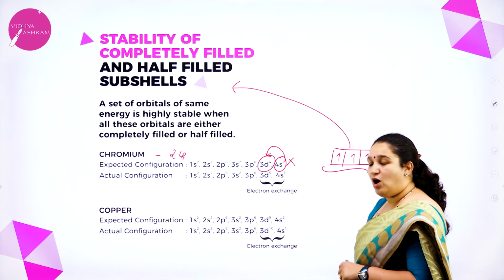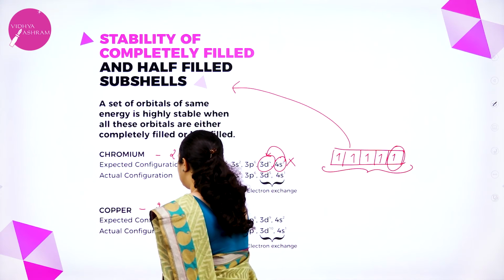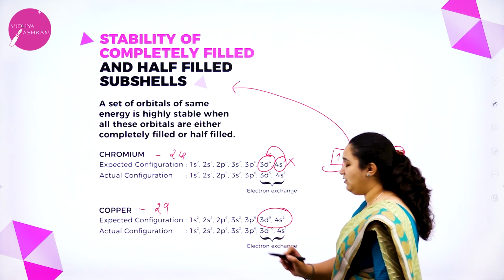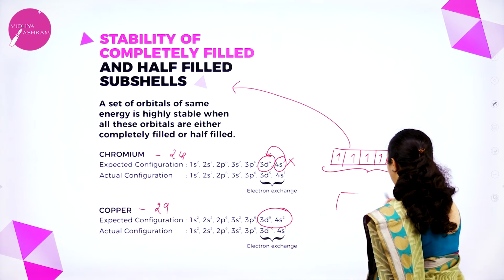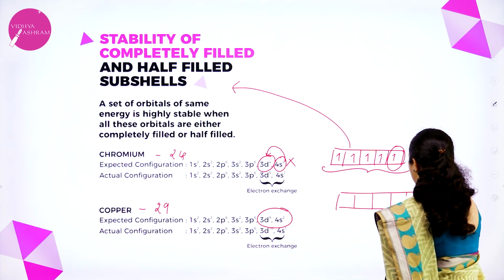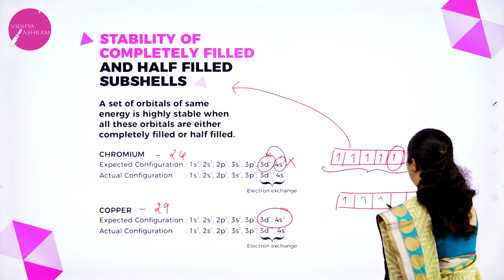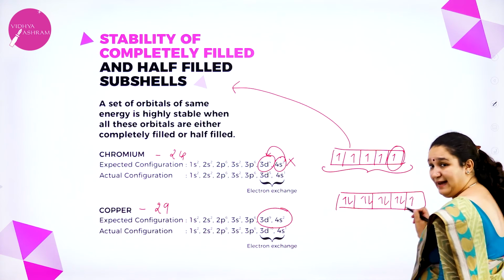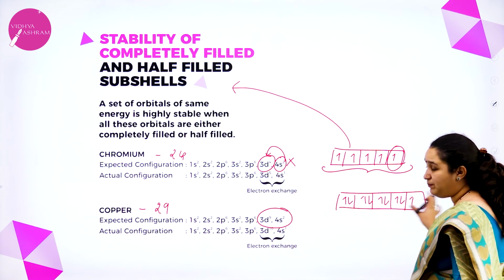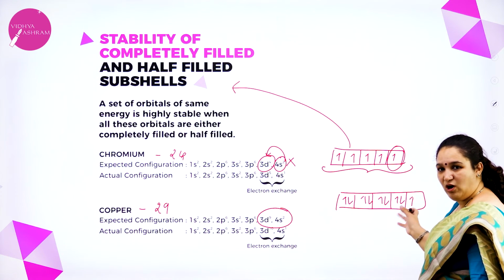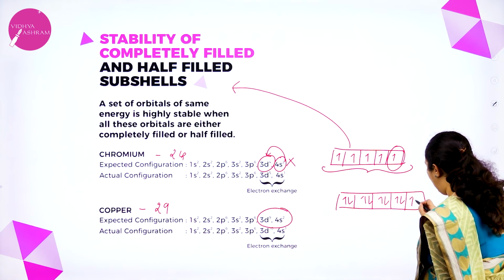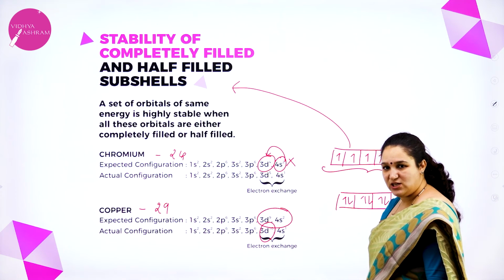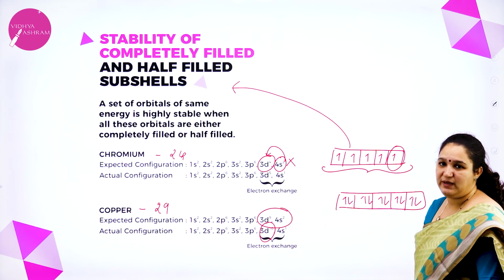Okay. Similarly, in copper also, atomic number of copper is 29. See, expected electronic configuration is 3d9 4s2. See, 3d9 means d subshell 5 orbitals 1 2 3 4 5 6 7 8 9. So one more electron, if it comes here, it becomes completely filled, full, no, d orbital is full, all 10 electrons are there. So it will take up one electron from 4s and it becomes 3d10 4s1. Electron exchange will happen and it will get the extra stability.